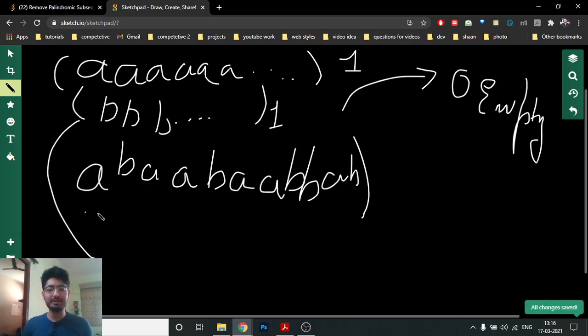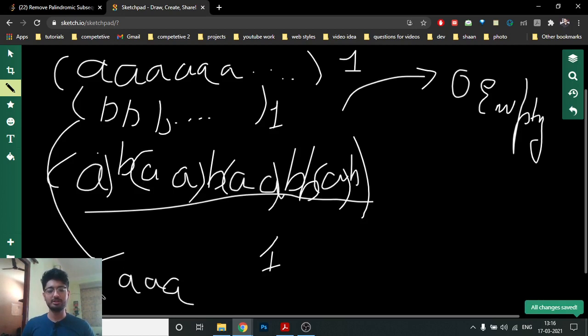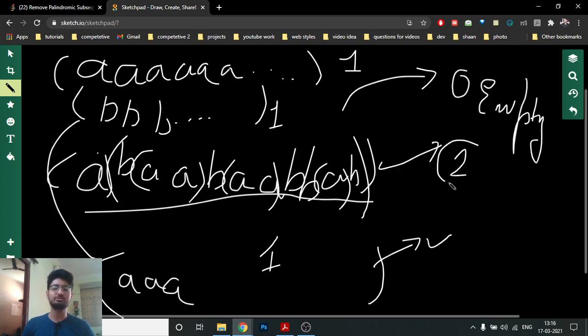But if there are some A and some B, then you can take out all the A's in one step, because all the A's will form a subsequence that is a palindrome, and then all the remaining will be B's only, which also form a palindrome. So in maximum 2 steps you can delete any string.